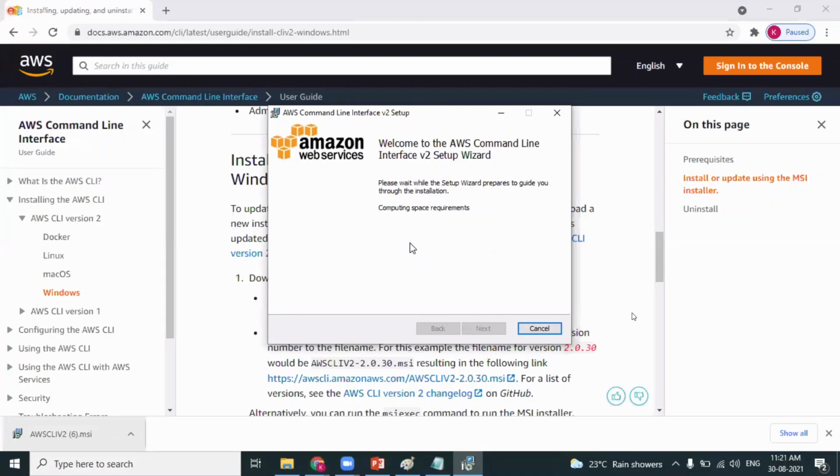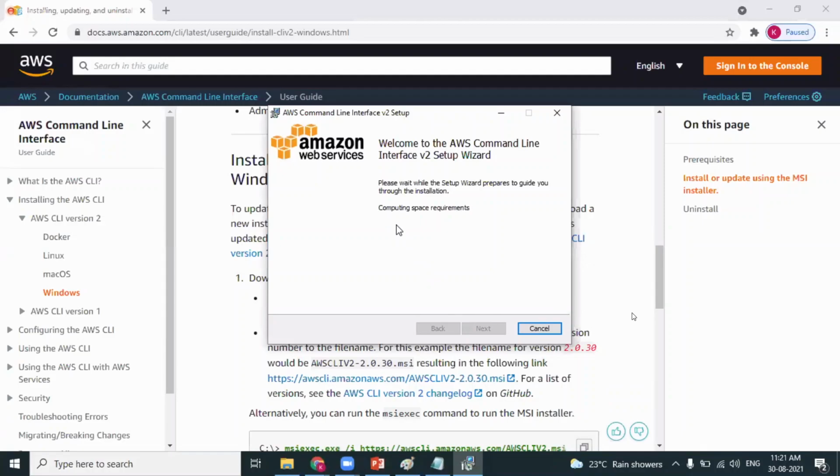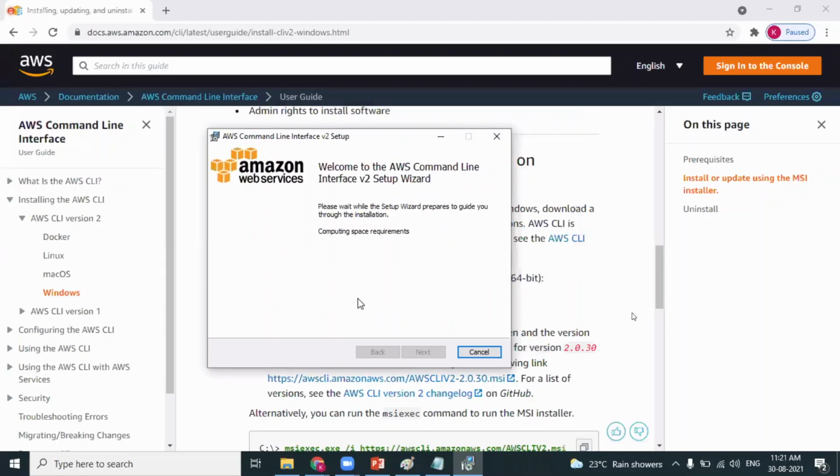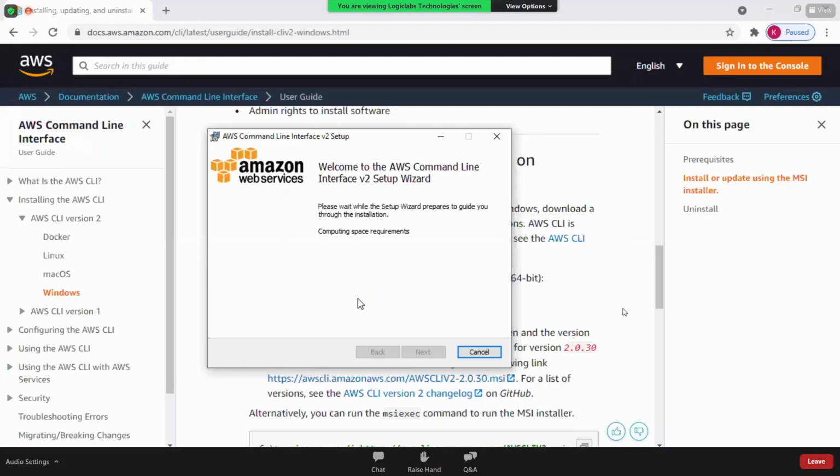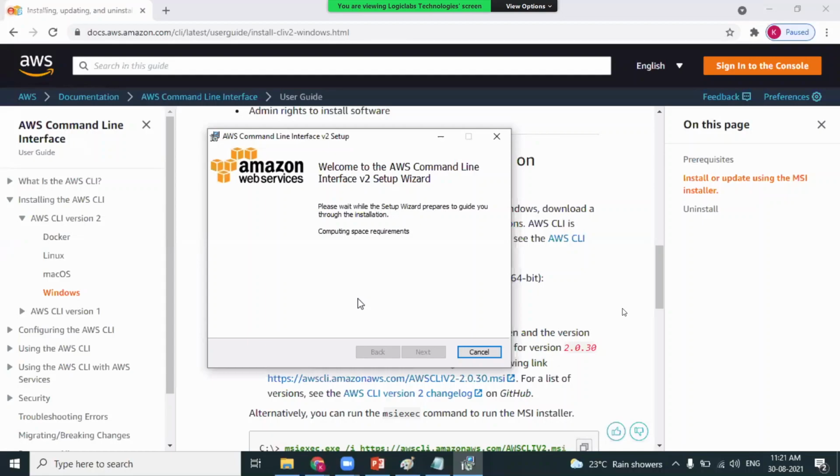Click on, let's wait. It takes some time for computing the space requirements.